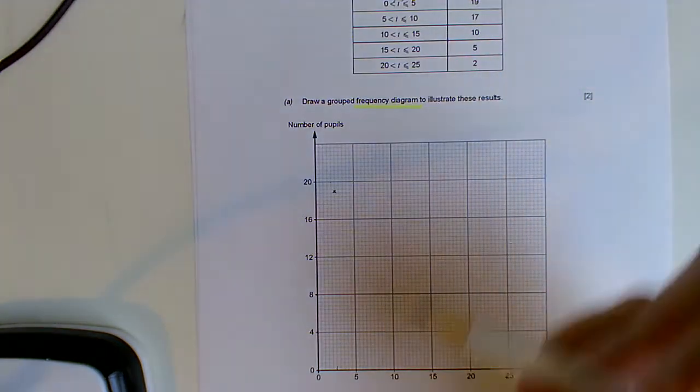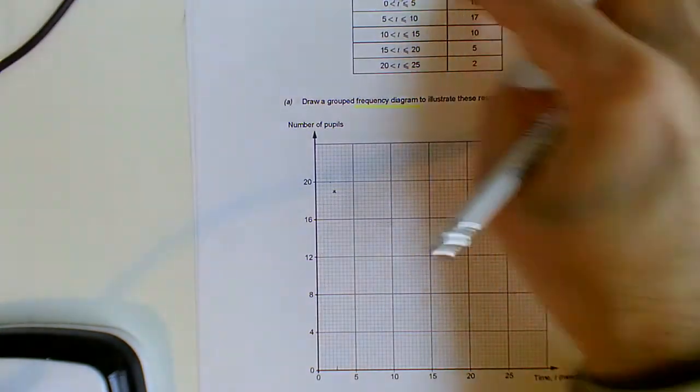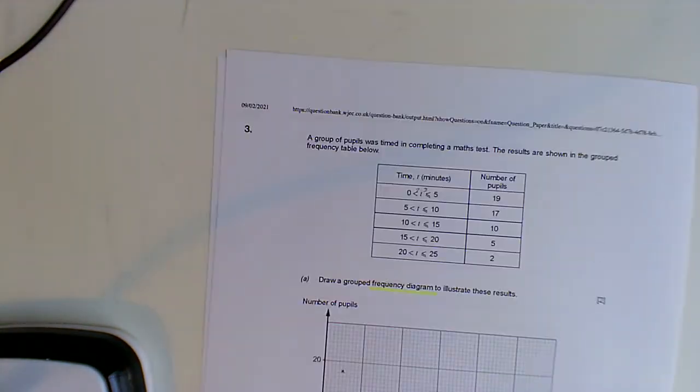Okay, the next one, and you're going to do that for the rest of it. And then basically just join it up. It'll look kind of like a mountain range type thing. Okay, so there's your first one. So do that for the rest of those, and then that is your frequency polygon there. Right, over the page,